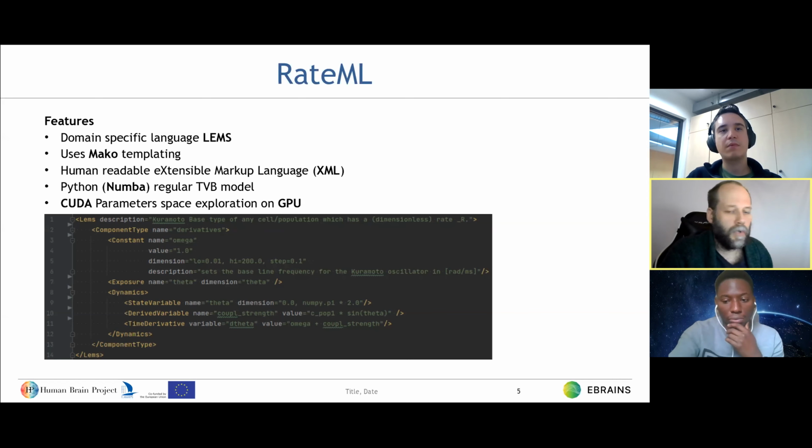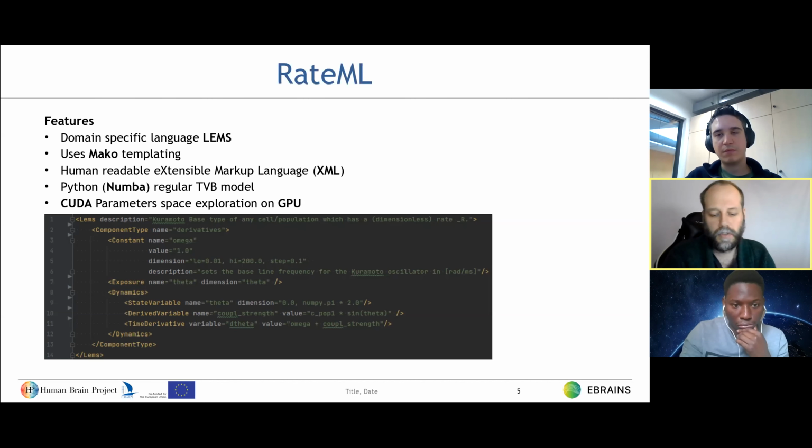As I said, one of the success stories of The Virtual Brain is that it can already be used to model large-scale epileptic seizure dynamics. So if you have the relevant neural mass model, you can ask multiple questions about this epileptic patient, such as where is the epileptic zone?